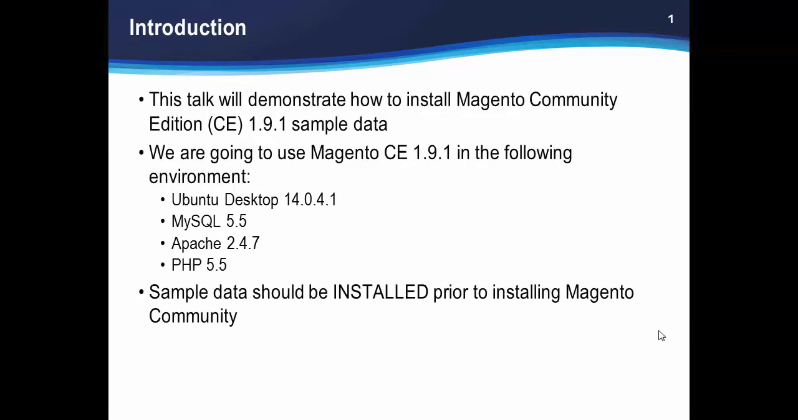Why do you want to install sample data? Well, we have found it's great for those new to Magento. It gives you a chance to browse Magento features. It's a great platform for getting familiar with Magento capabilities and helping to really define what you want your Magento solution to be. For this tutorial, we're going to use Magento Community Edition 1.9.1 in the following environment: Ubuntu, MySQL,